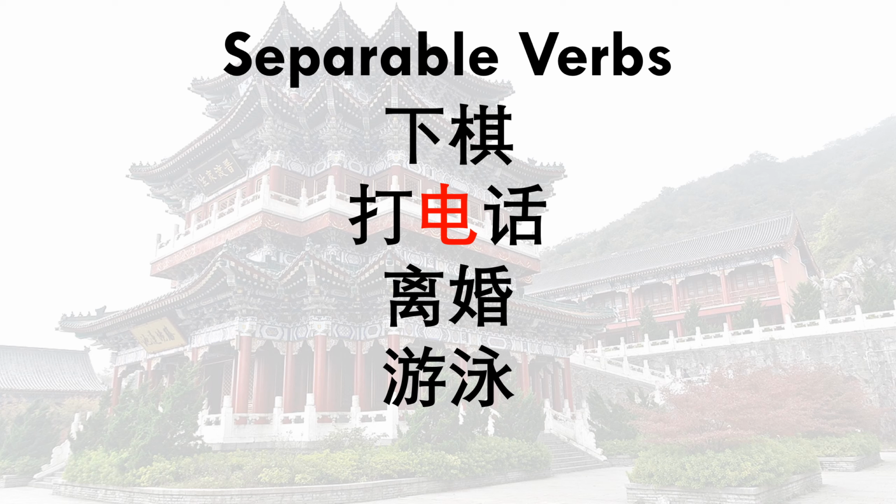So you can separate them and that's a grammatical issue that I won't cover here, but if you recognize a word as separable, you should emphasize both parts. Stress both parts. 下棋, I'm not saying 下棋, but 下棋. Now, 打电话. 打电话 means to call with your phone, like make a phone call. 打 is the verb, and 电话 is the object.